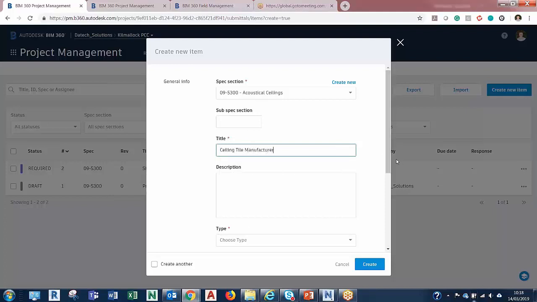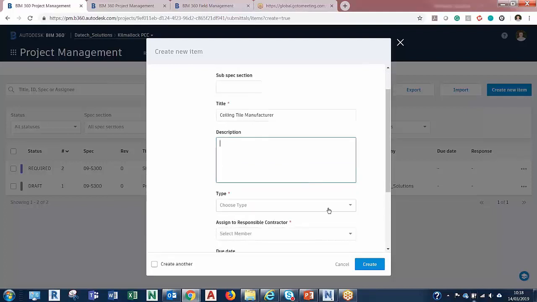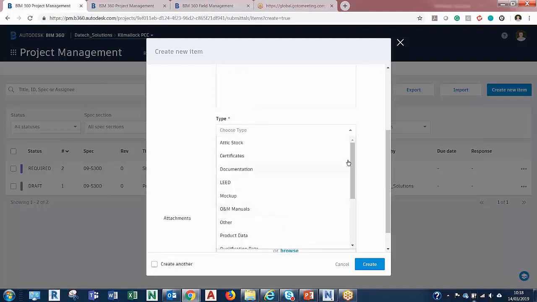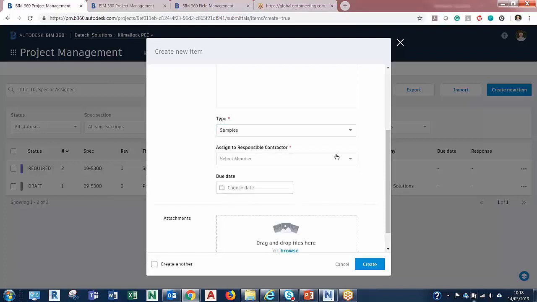If this has to get signed off for any particular reason, they want to put in the description as well, and then you can assign that to a whole load of different reasons under there as well. So I'm just going to put that under samples. We want to submit a sample to them, and then we want to assign this to a particular contractor. So I'm just going to assign it to Joe Blogs here from Exciting Construction, and I'm going to give him